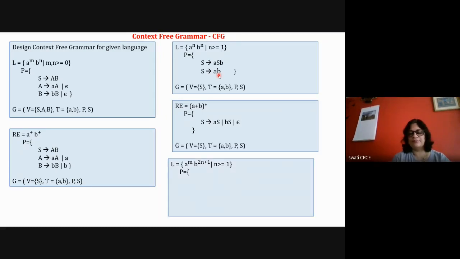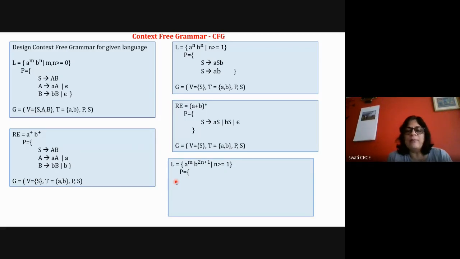with this problem. Okay, so the current problem here, A plus B plus, so A for a number of times and B for a number of times. It is a similar problem, but it is represented in another way. Only here m comma n is greater than or equal to 1. A plus B plus means the similar problem, only m and n are greater than or equal to 1. That's why here it is small a small b. And either A or B is as, bs, epsilon. Okay, so now solve this problem.